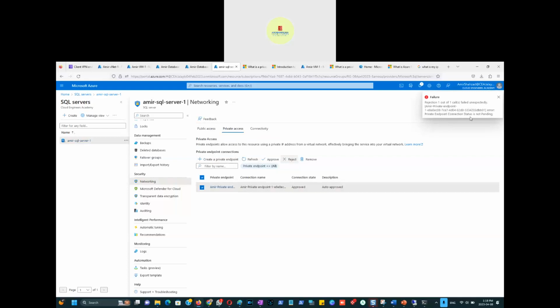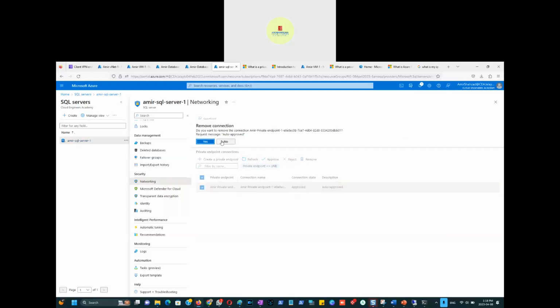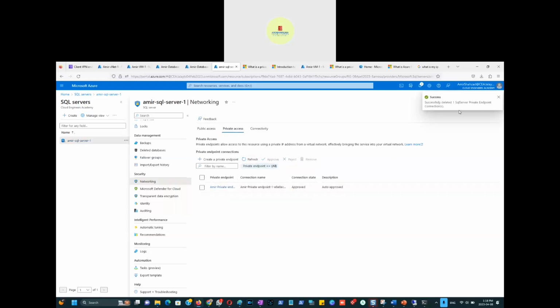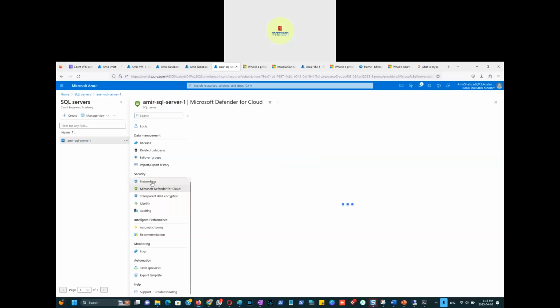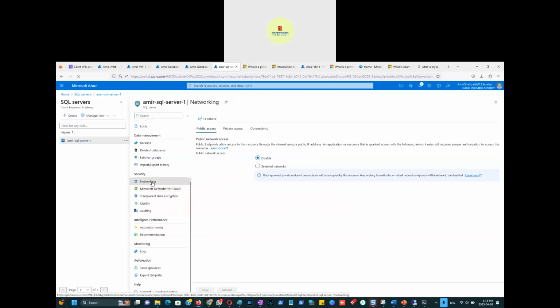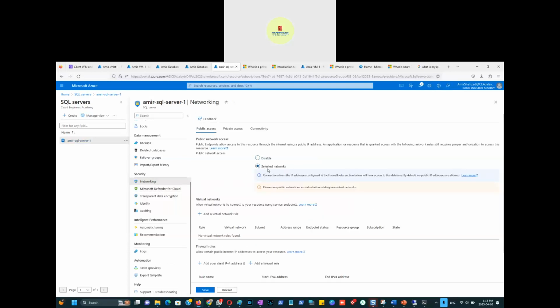Failure. Status is not pending. Rejection 1 out of 1 failed unexpectedly. Okay, I'll just refresh that and select that again, and I just want to remove it. Okay, it's removed. Yeah, it's gone. Now, what I'm expecting is that if I go somewhere else and then go to networking,